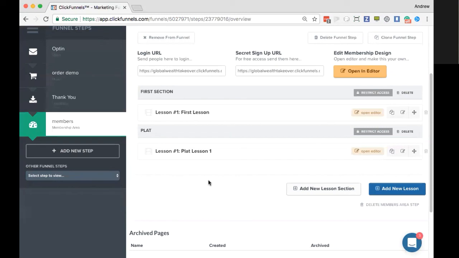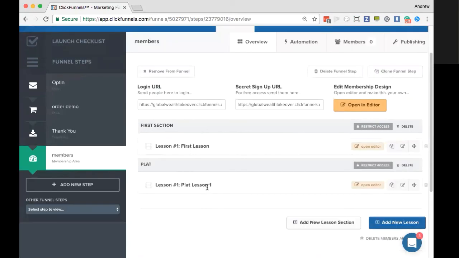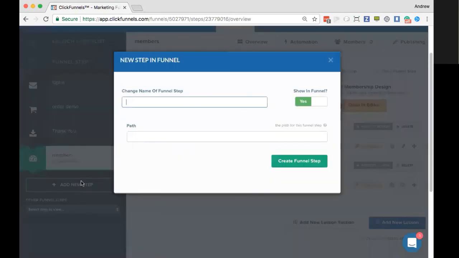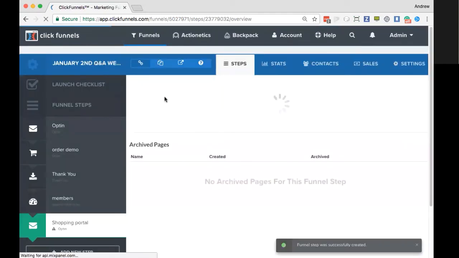We have a question about e-commerce shops. How can we create an e-commerce shop and get paid from PayPal? Okay, so obviously the first thing that you want to do is create your page. In this case, if you wanted to use, for example, a shopping portal, select a template for that, and then integrate that with PayPal.